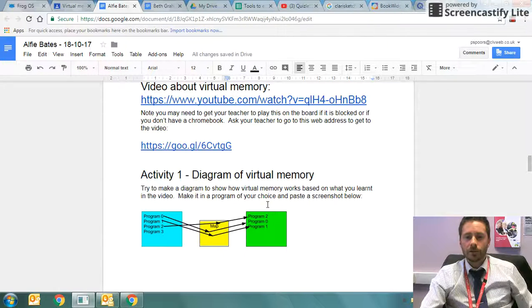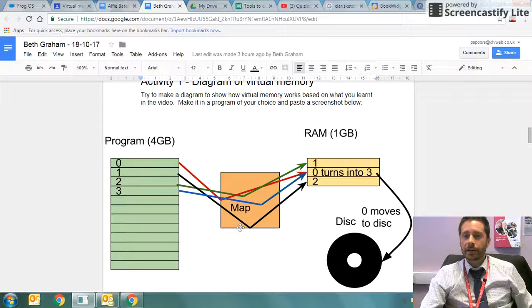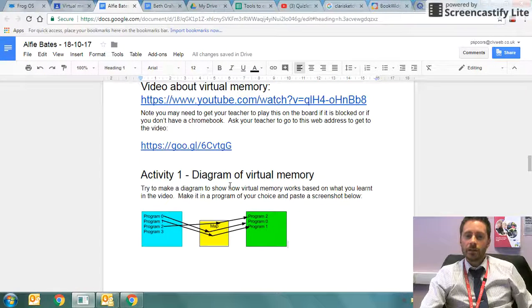I might pick a different student, but if you look at this diagram that Alfie's created there, this is a pretty good start at the diagram. If I look at Beth's here, which I've already had a little scan at, you can see this is just that little bit more detailed and it's better labelled. So I would be saying something here about Alfie's labelling of his diagram and using the comment again to put them in contact with a different student who's perhaps done it in a different way,